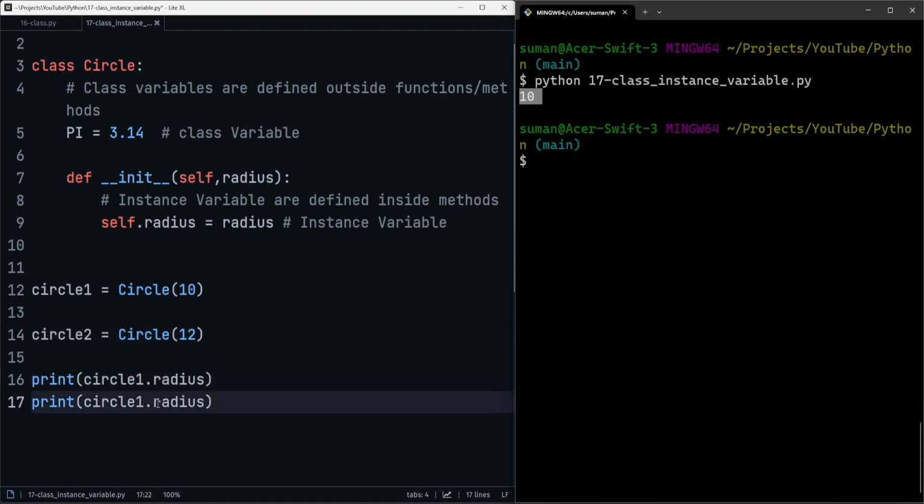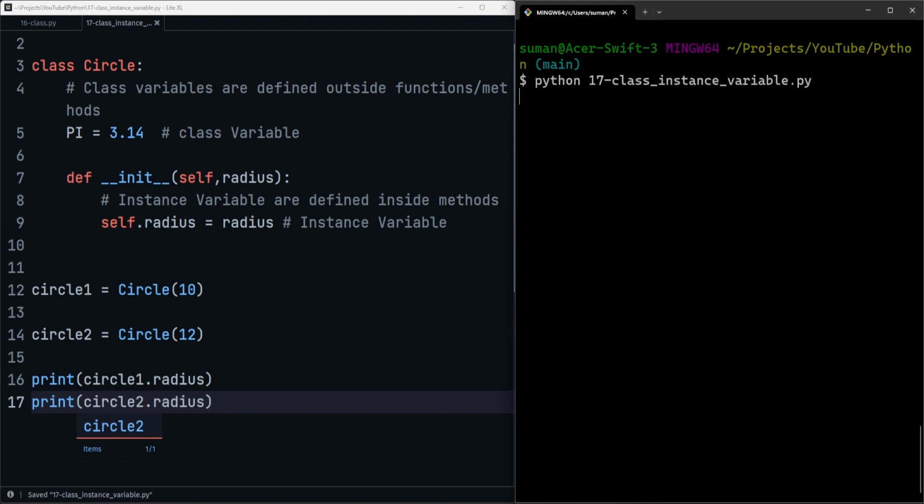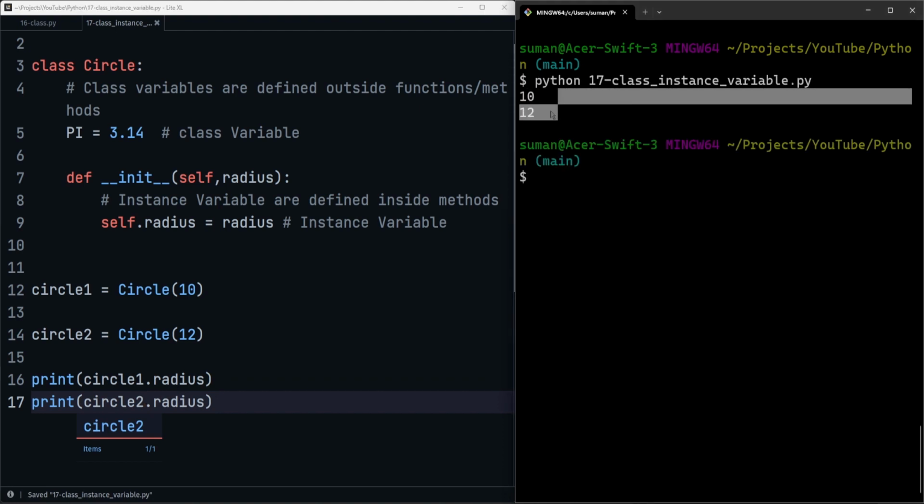Okay, you understand this in a better way. So let me print this once again. See, first you see 10, then you see 12, right? You don't see 10 for both of them. So that is the first difference. So in instance variable, right,